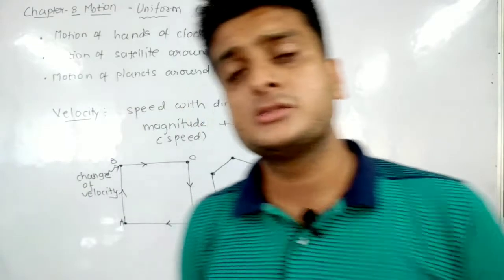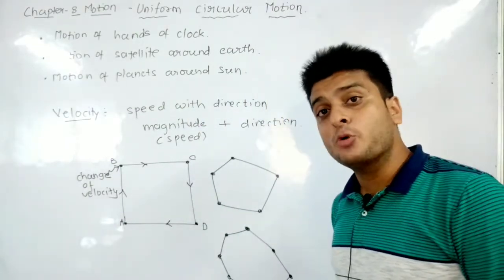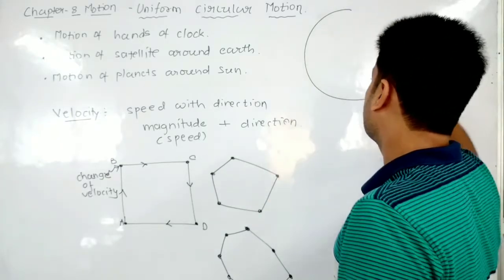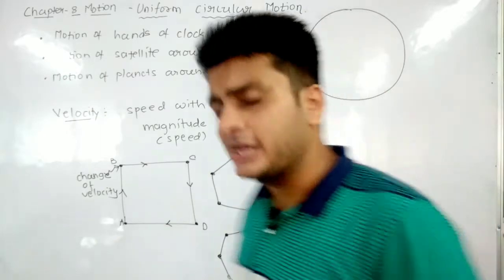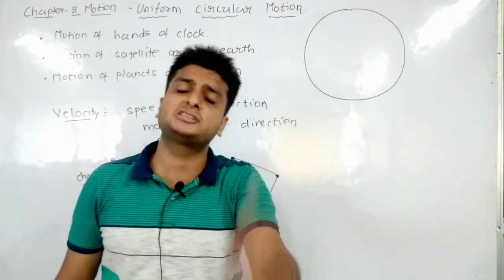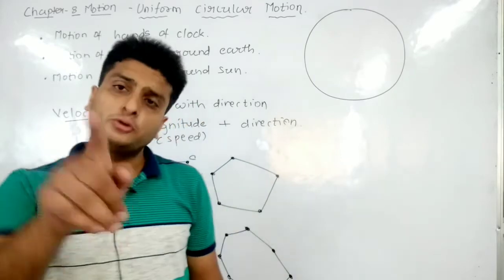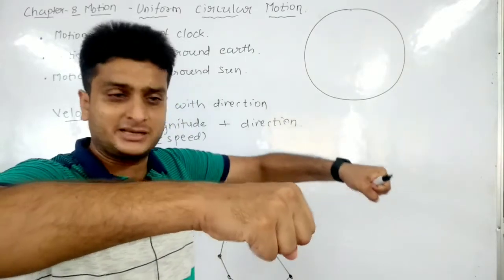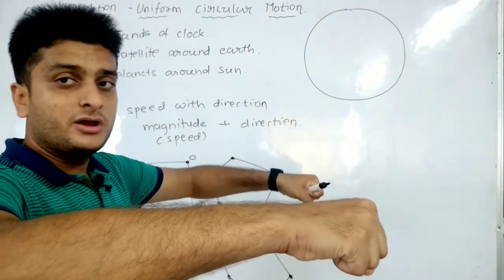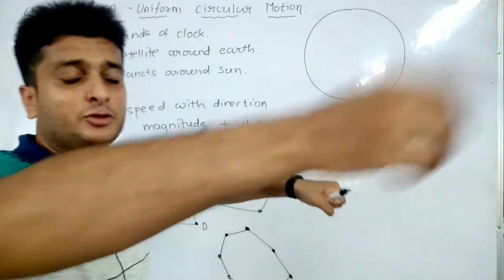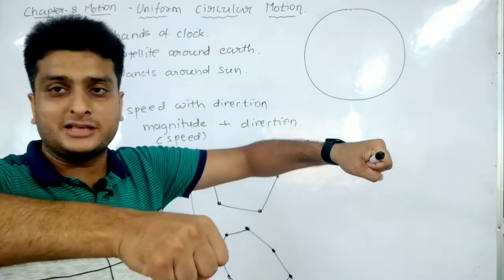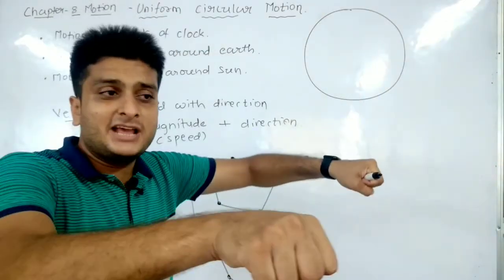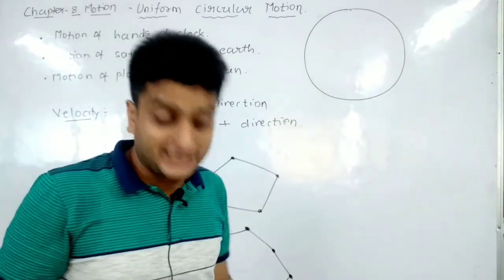Now what about the circular path? If the object is moving in circular path, then what you will do? So if the object is moving in a circular path, now you can say in circular path, object has to change the direction at each and every point. If you want to drive your bicycle on a circle, what you have to do? Can you keep your handle of the bicycle straight like this? No. If you want to take your circular path, then you have to keep the handle of the bicycle somewhat like this. Yes or no? Then only you will keep on moving on the circle. Means at each and every point you are changing the direction. What is happening at each and every point?